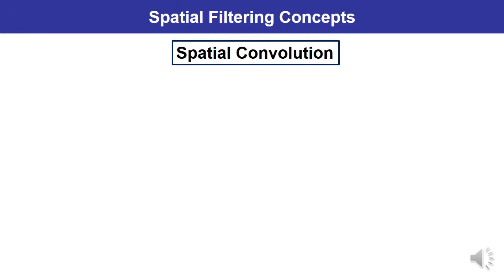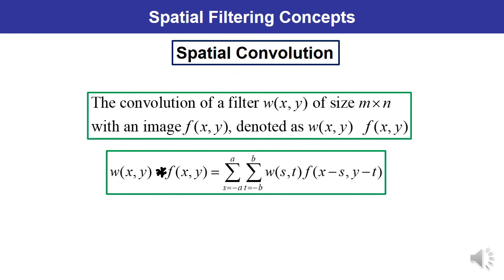What is spatial convolution and how can it be represented? The convolution of a filter with an image can be represented by this equation. You are aware of this expression, and the physical meaning of convolution is a manipulation of the pixels. This is how you can calculate convolution and correlation, which you have to apply in the coming lectures while solving problems.